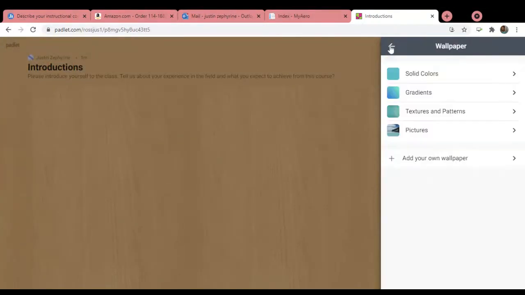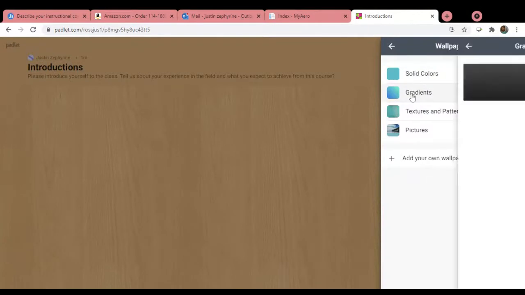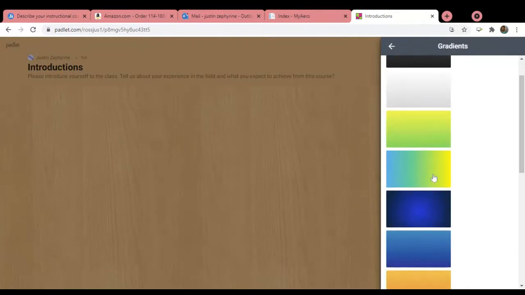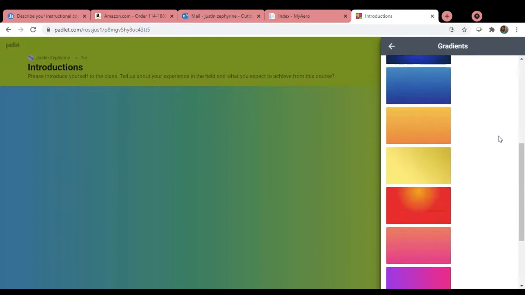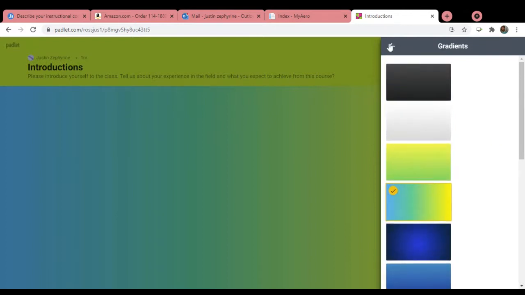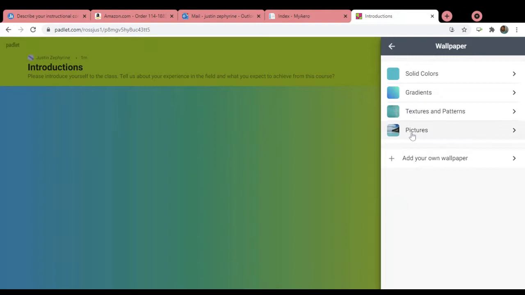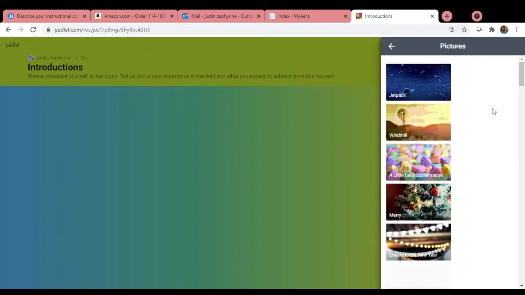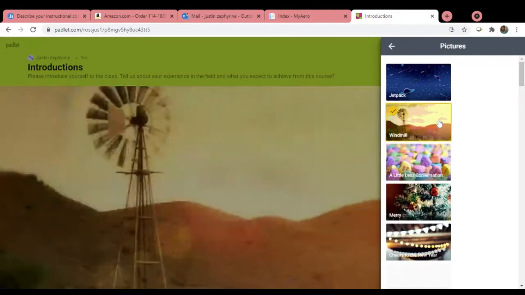or I can go to a gradient, and the gradient will give me something a little more neutral, as I said. Or you might decide to go for something more like a picture, for example, a windmill.